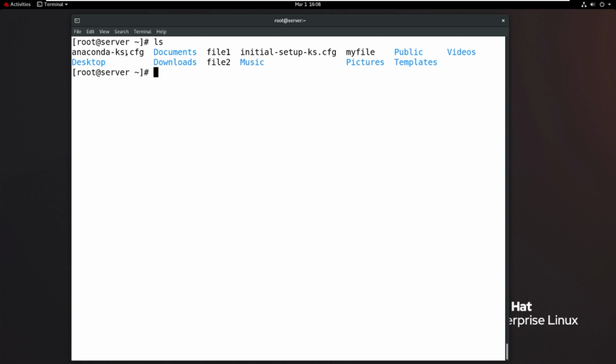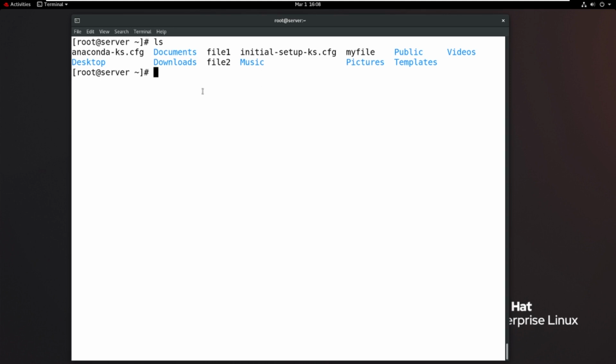Black colors are files, blue colors are directories. But in some distributions of Unix operating systems, there are no colors like blue, black, red, sky blue. But then how can I identify files and directories?